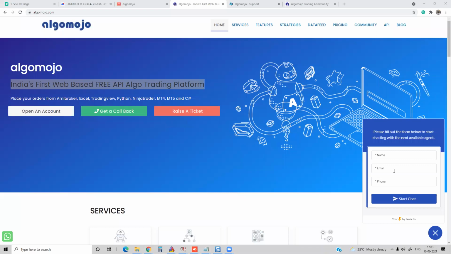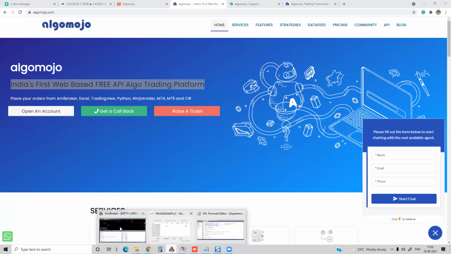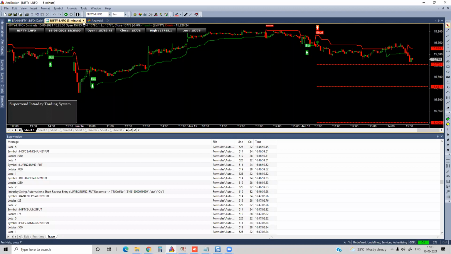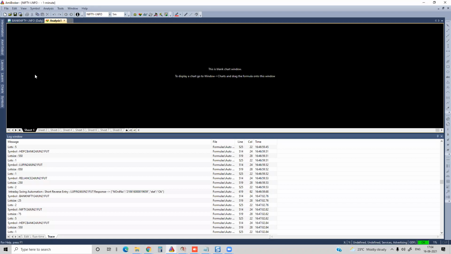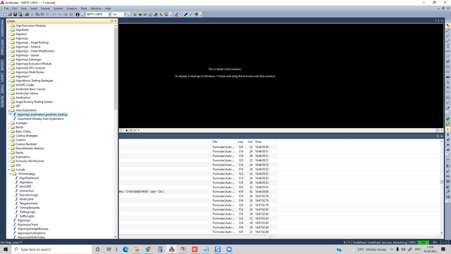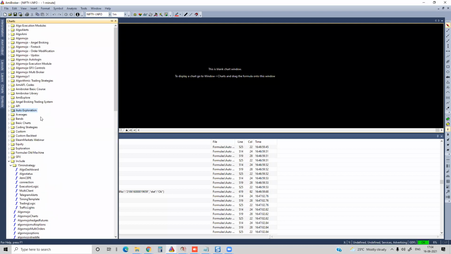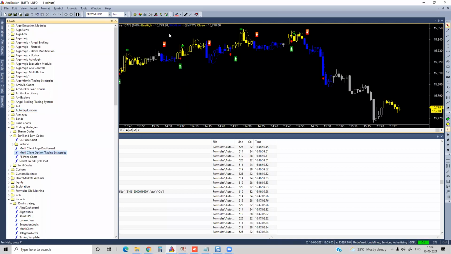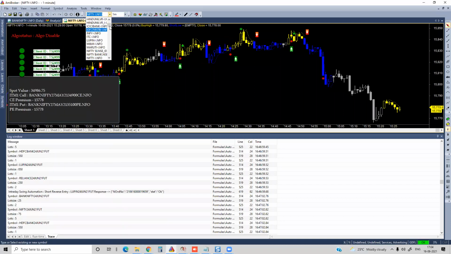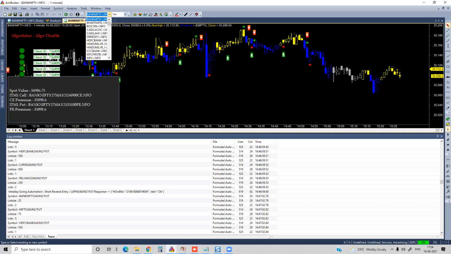Maybe a complex strategy. Let me show you one of the complex strategies which I am creating right now. I'm running an option strategy for one of the clients, designing it on my local machine. This is by far one of the most complex strategies I have designed, with various controls. Anyways, don't ask me the code, it's proprietary. Let's say I'll go with a kind of scalping strategy, where the execution happens on multiple clients, by the way.